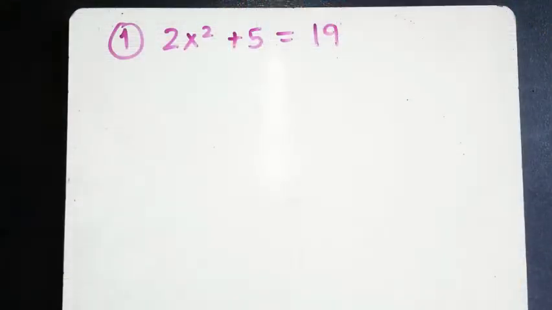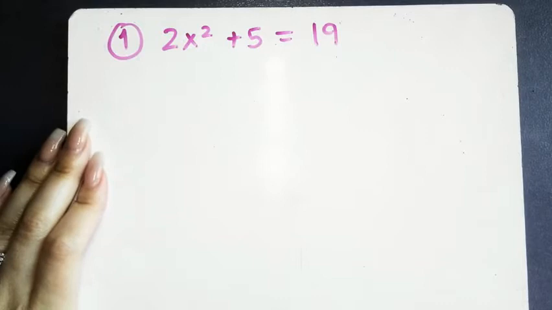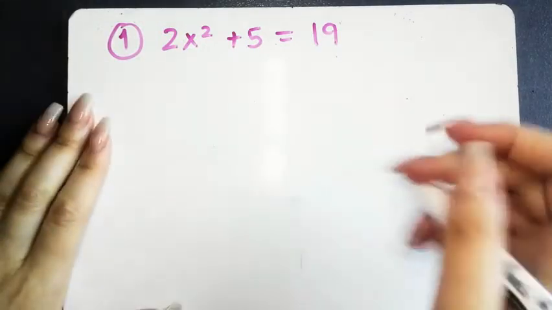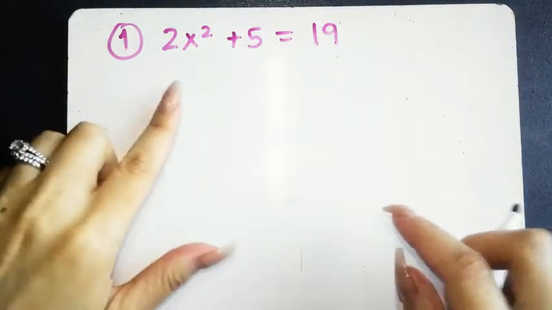Today we're going to learn more about solving quadratic functions using the square root property and completing the square. Okay, so let's start with using the square root property. So we have this quadratic expression. The first thing that you need to do when you are solving via the square root property,